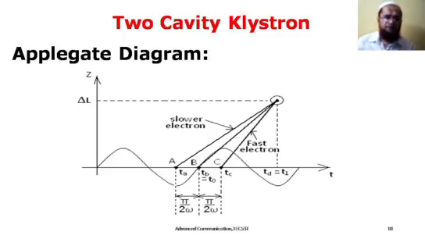For example, let us take electron B first. It is transmitting with normal speed, with normal velocity. Before B, electron A has passed, so it should not reach before B. It should not go and gather before B. At that time what we are going to do is make the speed of electron A a little bit slow, so that A and B can match and they are collected at a single point at the same time.